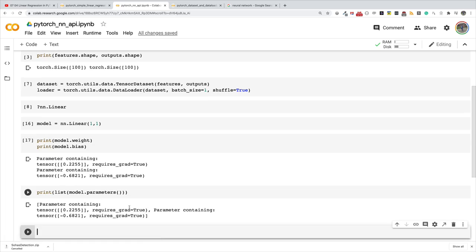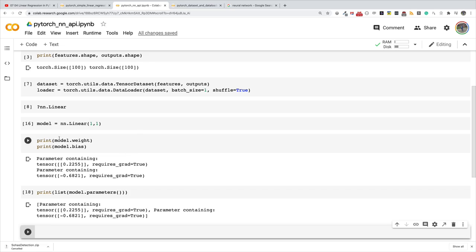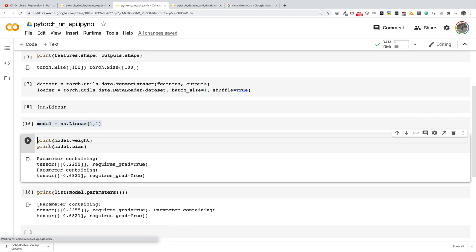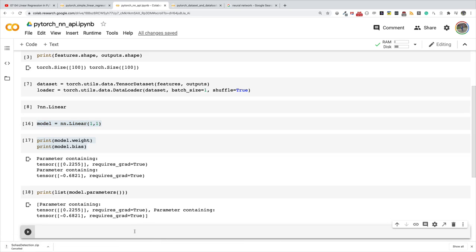And when we do model.parameters, you can also see that we have the parameters over here. So what have we done here that is different from what we did initially? Initially, we had to manually create the weight and the bias, and we had to initialize it ourselves, and we also had to implement this linear transformation formula over here. In this case, we do not have to do it, and mind you, this is all we've done. All these I am just using to show you what's going on internally in the linear module. Okay, all right, so great, we have our